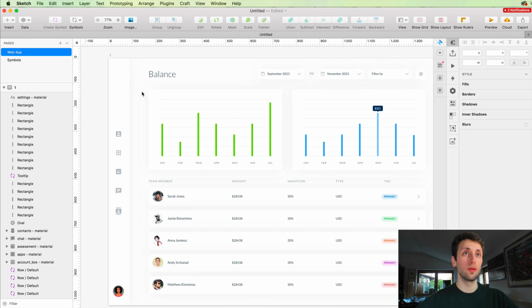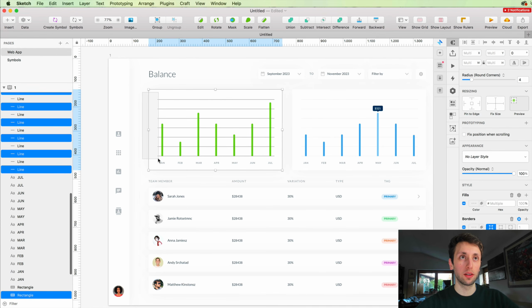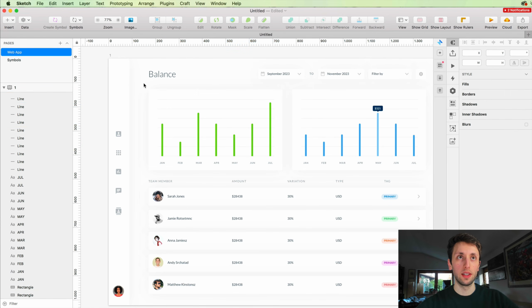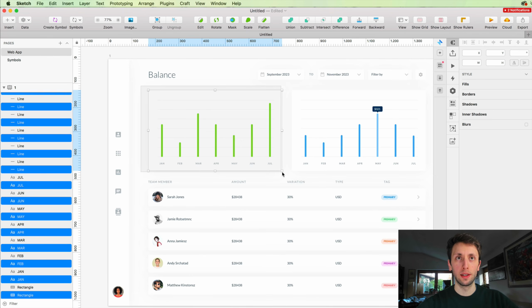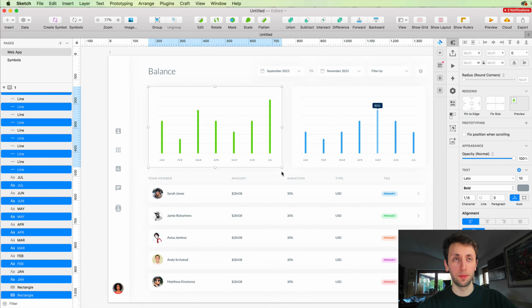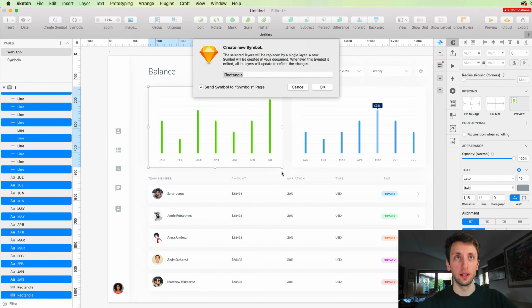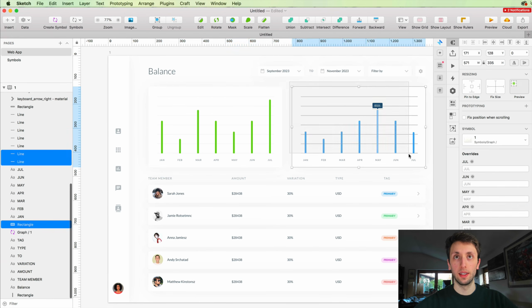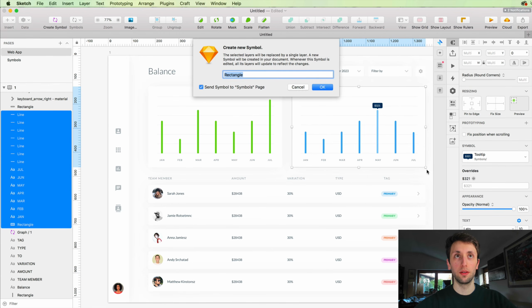Now the only thing that we'll do right now is to actually change the graphs, or actually just make these symbols, and the way I will do it is simply select everything, either click on create a symbol, or I'll just use my personal shortcut, and I'm going to name this graph 1. Let's create a symbol for this one too. This is going to be graph 2,